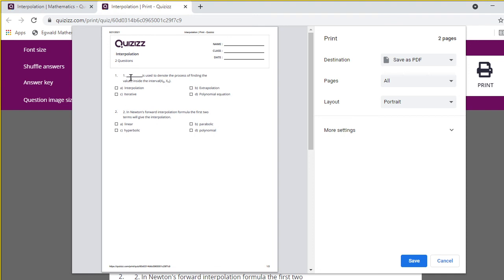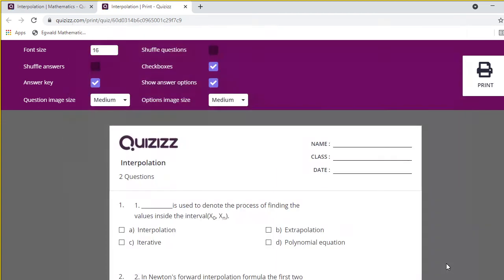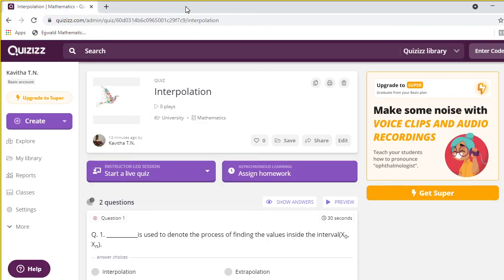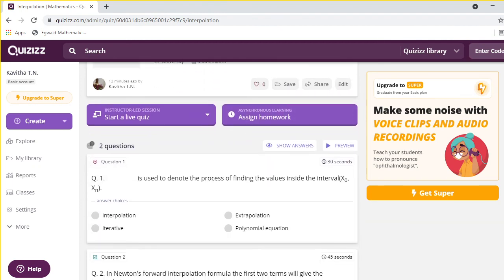Here again the 1, 2, 3 appear. So I have to remove the 1, 2, 3, right? So some editing option is there. I have to go again and edit the question. Okay, so edit, here the first question, go to the edit option.